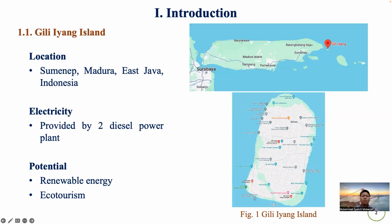First of all, let me introduce you to Gili Island. Some of you maybe already know about Gili, maybe some not. Gili Island is one of the outermost islands located in Sumenep, Madura, East Java, Indonesia. The area of the island is around 9.15 square kilometers, with 7,302 residents. Gili has great ecotourism potential, however, to increase the number of visitors to the island, it must be accompanied by adequate infrastructure,